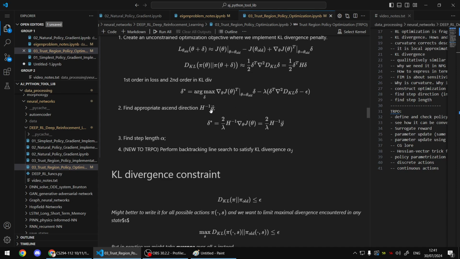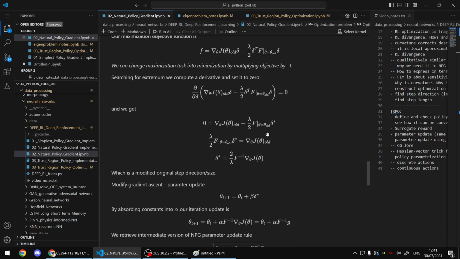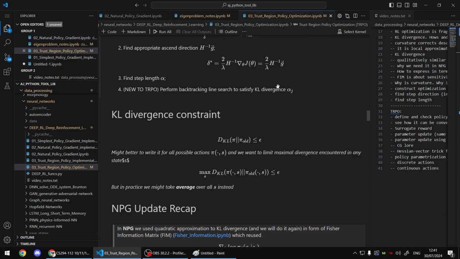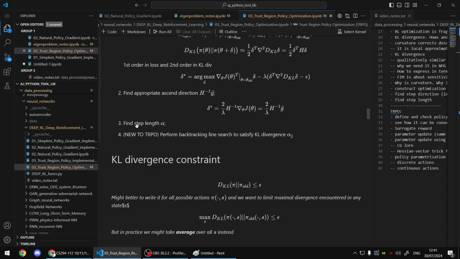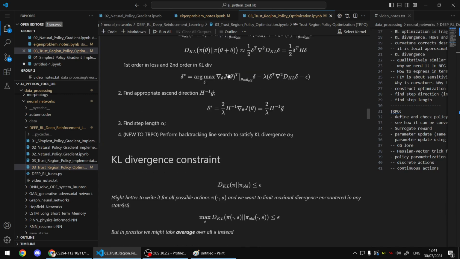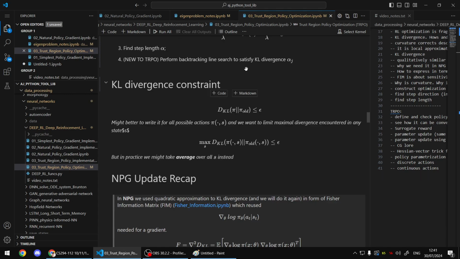And we will find this particular update rule. It's the same as in natural policy gradient, except we replaced Fisher with Hessian, and we will have to find the step, but it's just an outline, basically just to show you that actually nothing really changes. We return to